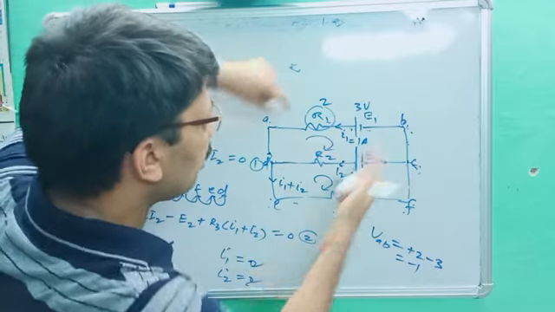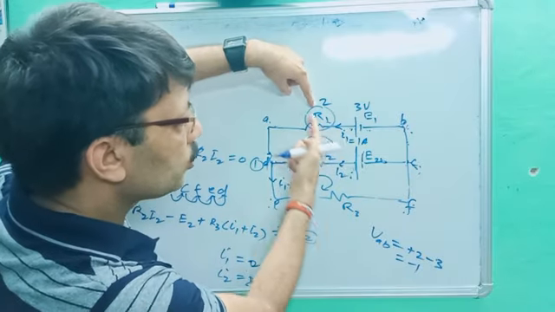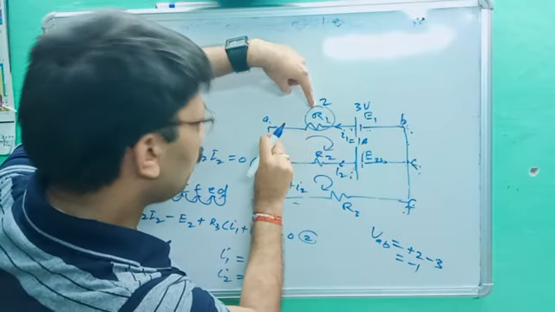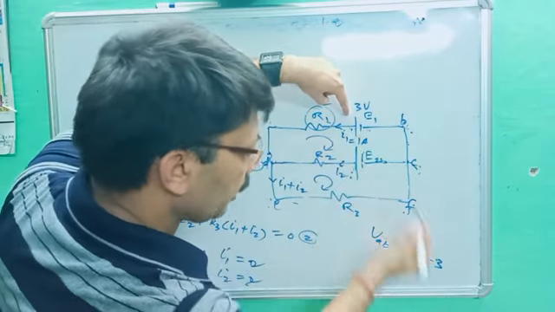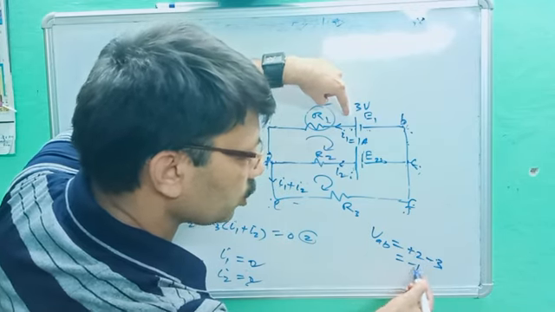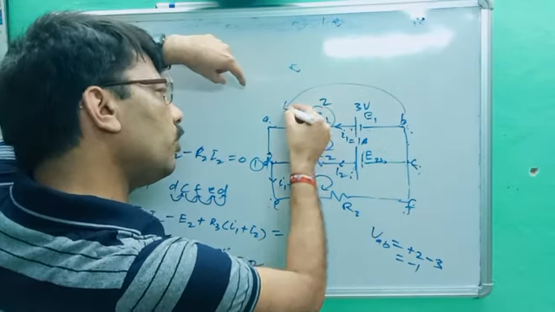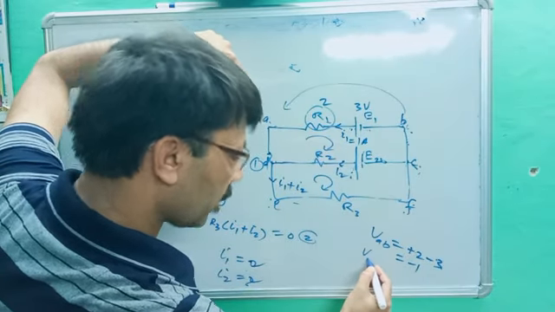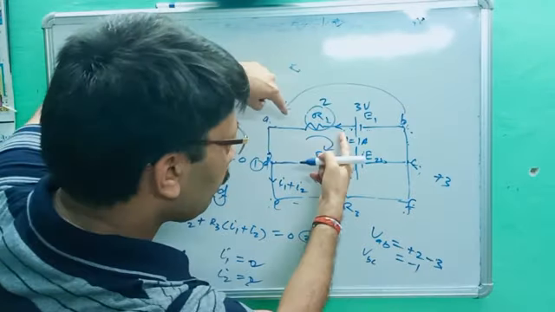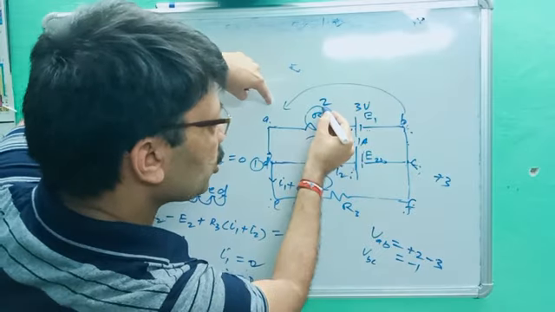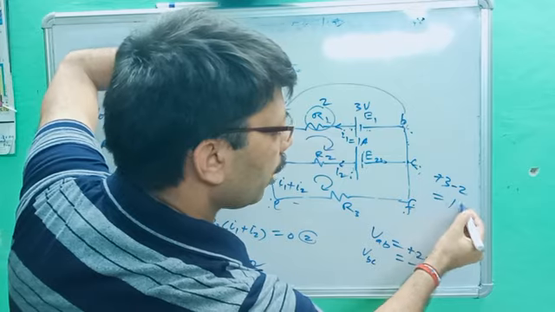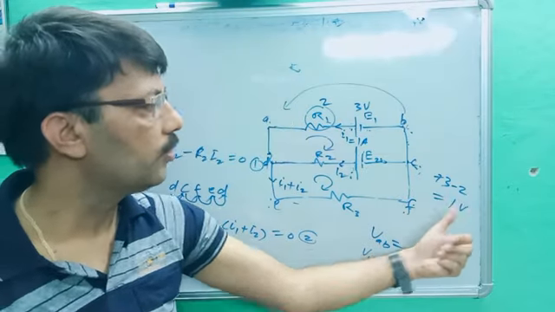If I ask what is the potential between A and B, it is very easy. A to B. Let's suppose resistance is 2 ohm and flowing current is 1, so 2 times 1 is 2. Positive, because you are moving in the opposite direction of current, and here positive to negative, it will be minus 3. So minus 3 plus 2 is equal to minus 1. And if you are moving from B to A, I find the potential difference VBA. It will be negative to positive, so plus 3, and you are moving in the direction of current, current is 1 and resistance 2, so it will be minus 2, so the answer will be 1 volt. So here you are getting minus 1 volt, here you are getting plus 1 volt.